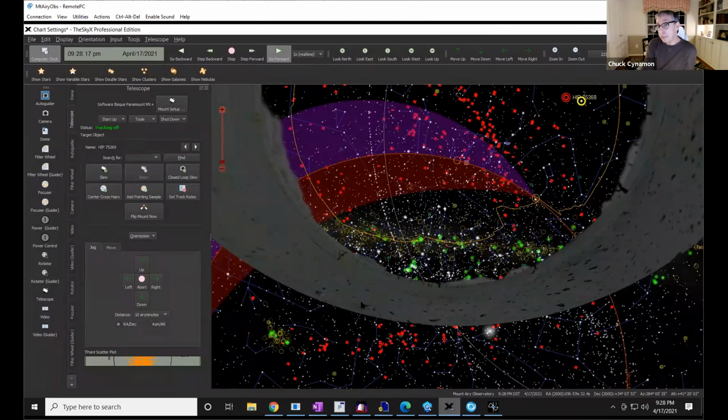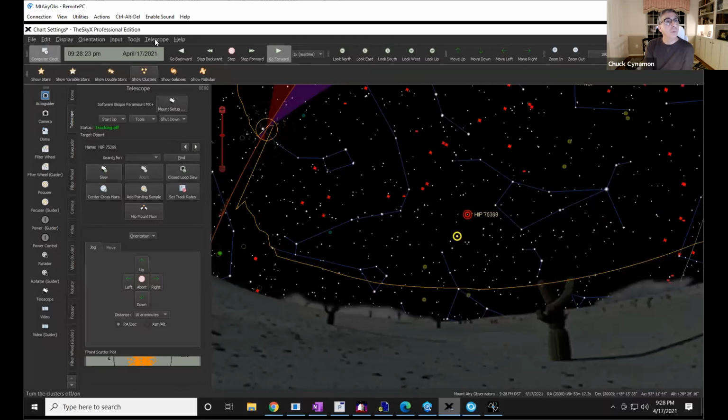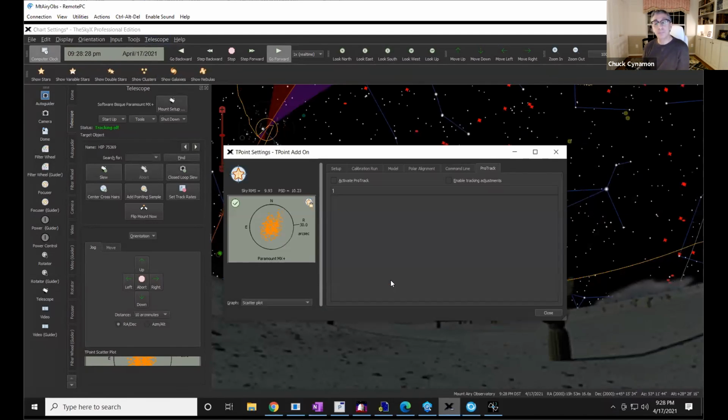Because I use the Paramount MX Plus, the SkyX is needed, and this is the SkyX software. The one thing I was going to show on this is people were asking about guiding before. One of the things I really like about the Paramount is the accuracy of the guiding that you can get, even if you don't have a guider. This is the mount model that I'm using in something called T-Point. And if unguided, I would have about 9 arc seconds of error just in my pointing.